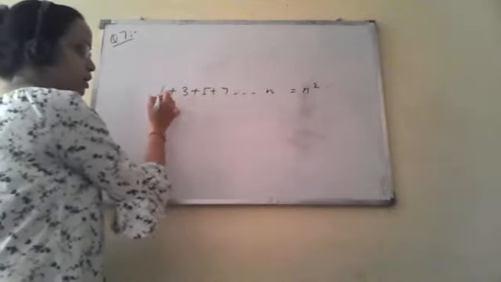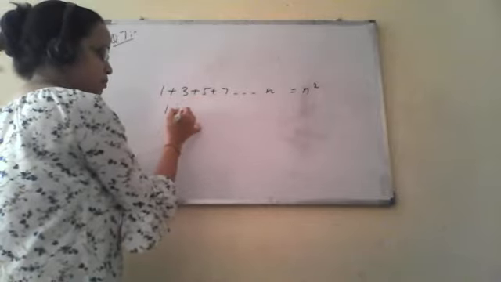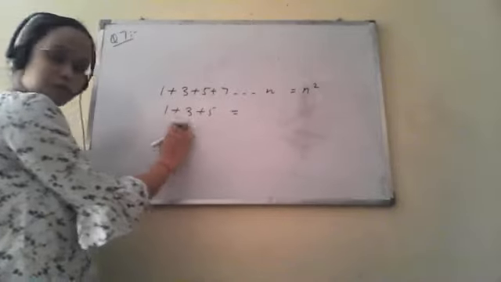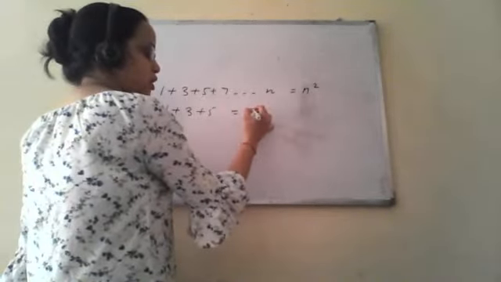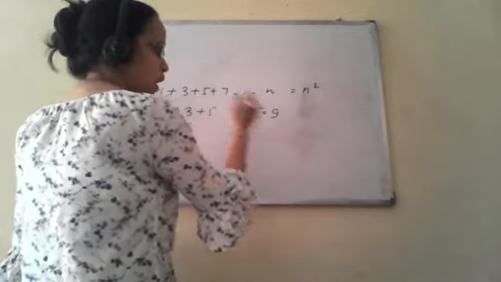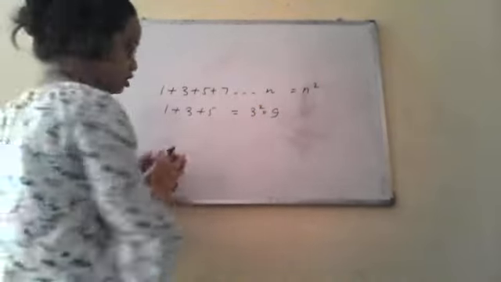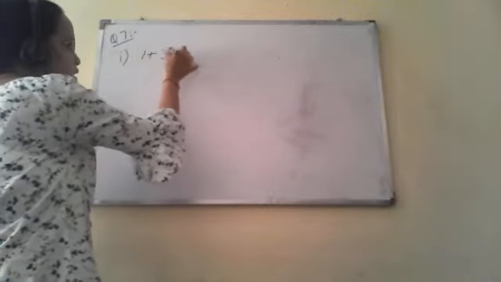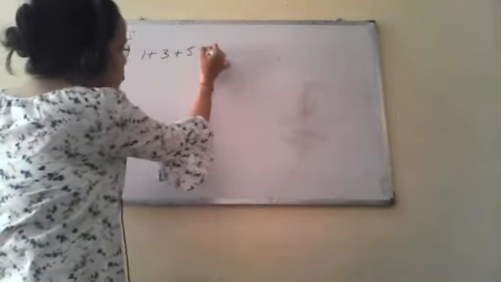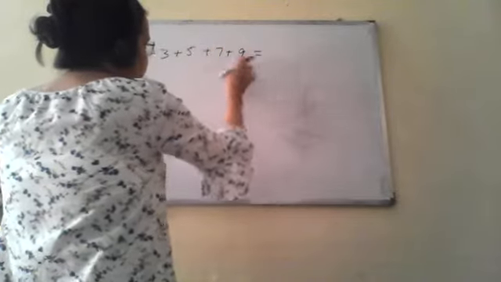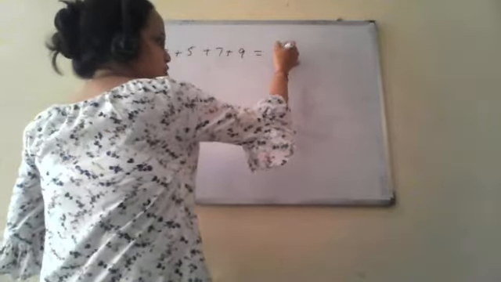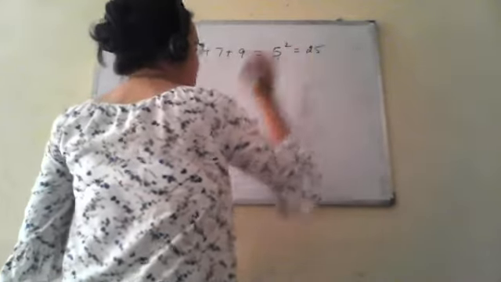Clear? If we take the first three numbers, that is 1 plus 3 plus 5, these are consecutive odd numbers. There are first three numbers, that is 1, 2, 3. So their sum will be 3 square, that is 9. This was the property I explained earlier. So we are going to use this, and before adding we will write the sum. The first part is 1 plus 3 plus 5 plus 7 plus 9. They are the first 5 consecutive odd numbers, so their sum will be equal to 5 square, that is 25. Clear?